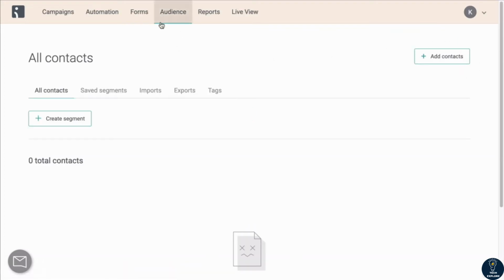In Omnisend, audiences are essentially your email lists, right? So you'll see that it says all contacts here under the audience tab. So audience is just basically all the email contacts you have ever collected. And there are many different ways you can organize your email contacts. And I'll talk a little bit about it later, but you have saved segments. So you can specify certain conditions that will then divide your overall email list into sub-lists dependent upon how you specify your saved segments. And I'll go over